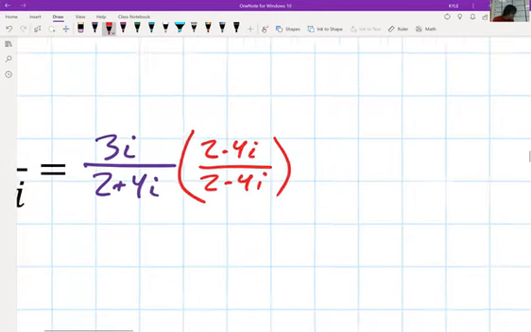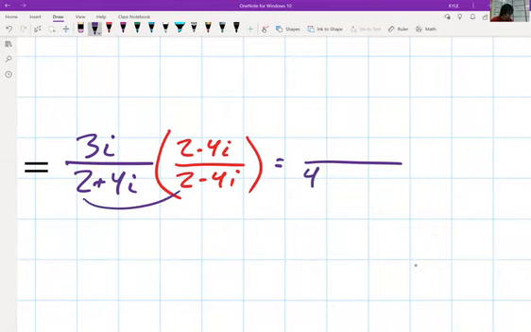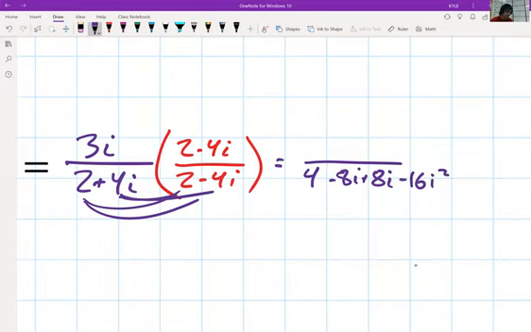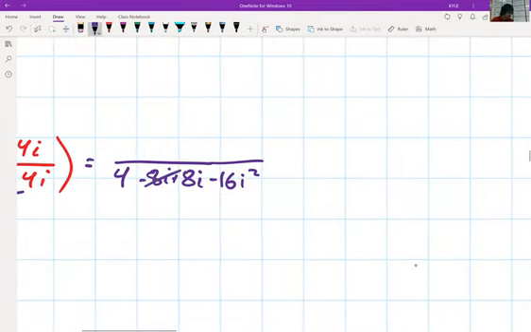So let's start distributing and FOILing. Again, I like to do the bottom first, just to make sure that I multiplied by the right thing and I end up without any i's on bottom. So 4 minus 8i plus 8i minus 16i squared. And we can see on bottom, minus 8i plus 8i is gone. We get 4 minus 16